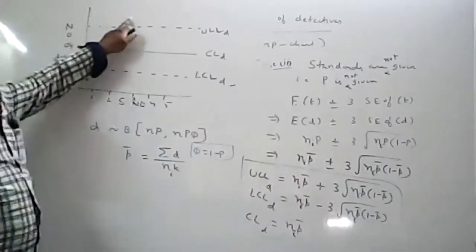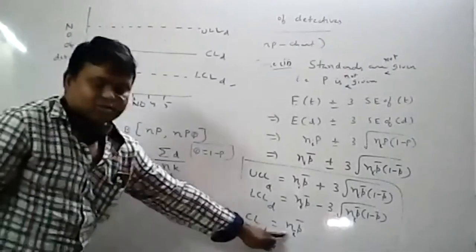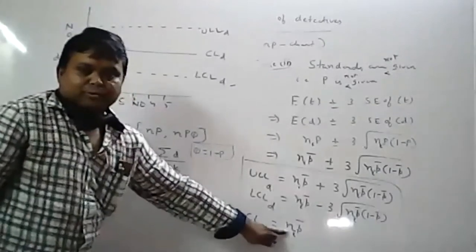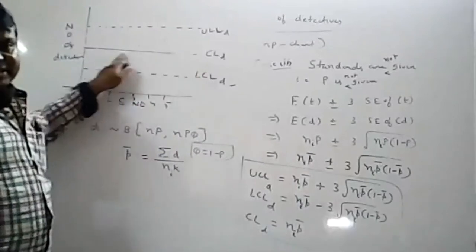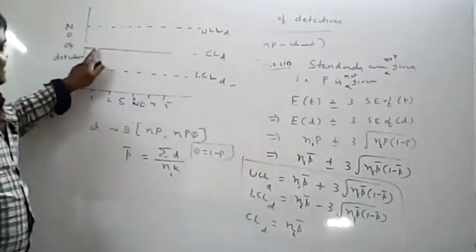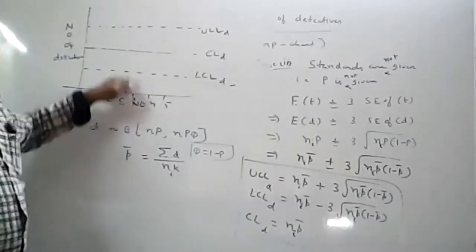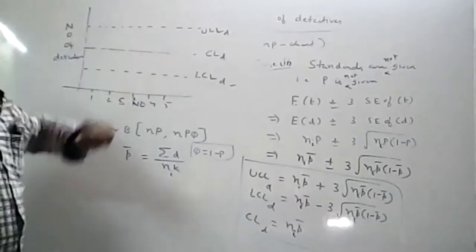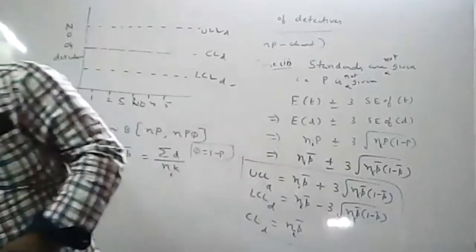Now you will get UCL at different points. LCL also at different points. Now CL is also at different points. In the P chart, only P bar you are getting. That's why you are getting a straight horizontal line. But in this case, what is that? ni P bar. ni P bar means n values are changing. Then you will get the control line also with different values. So after that, you will identify the points. If all the points fall within the control limits, then you can say the process is in control. Otherwise, the process is out of control.